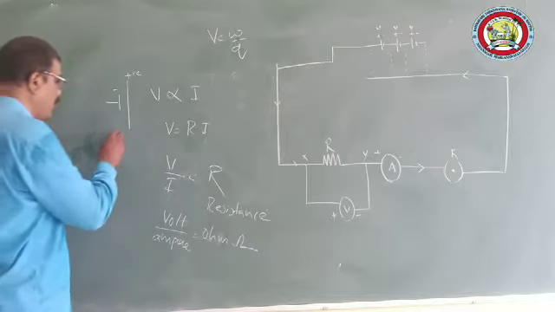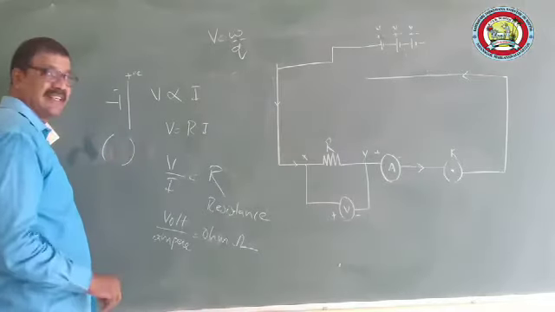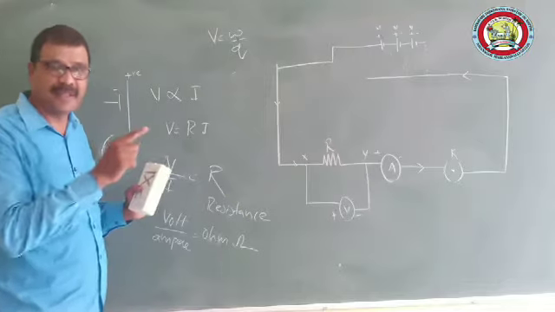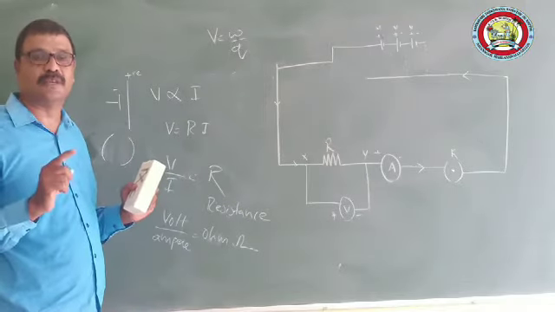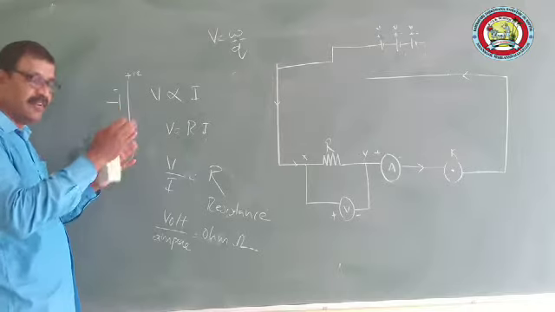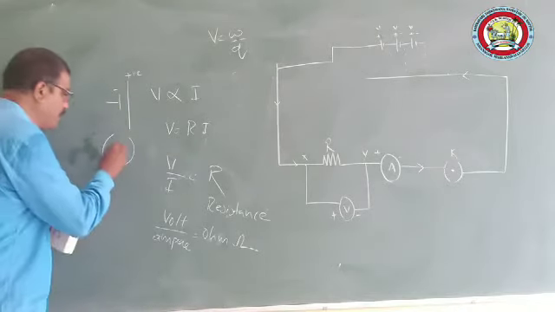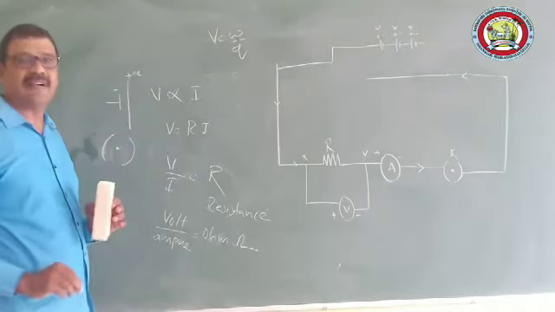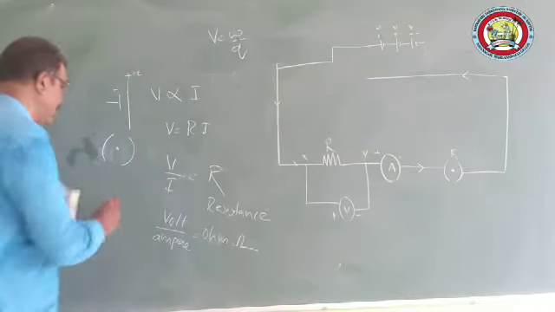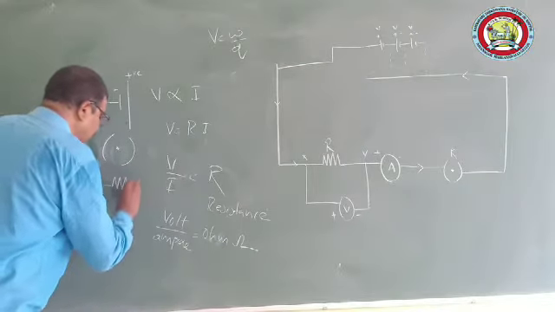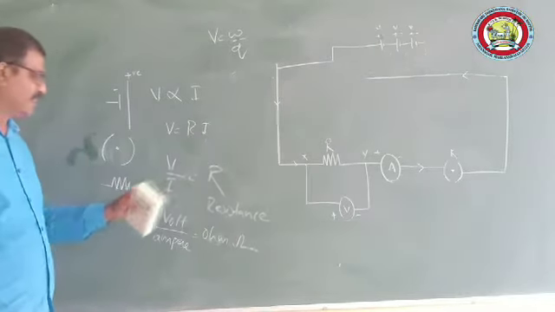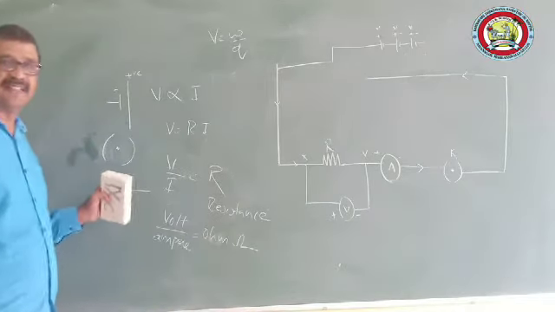Yesterday I also showed you that we denote this as a key. A key is used to cut the current in the circuit or to make the current flow in the circuit. This is the denotation for open, when you are keeping the circuit open. If I put a dot here, then we call it a closed circuit. And if I denote it like this, it is nothing but a resistance or resistor.